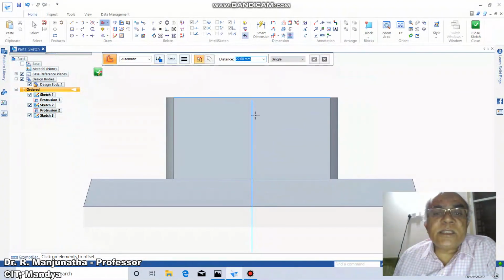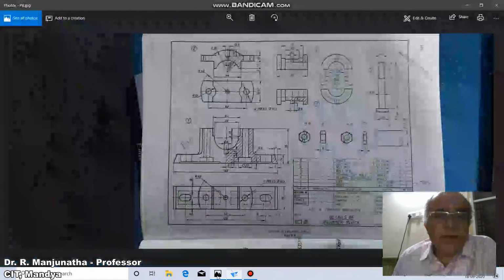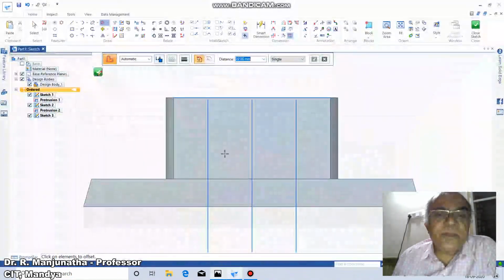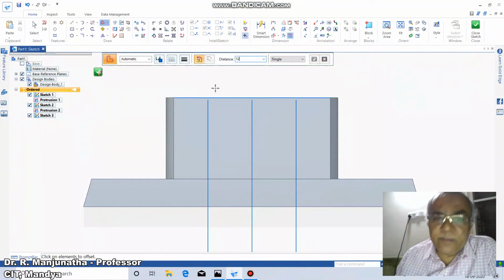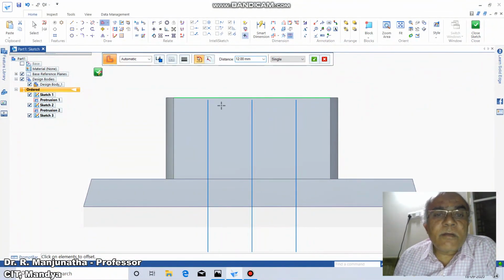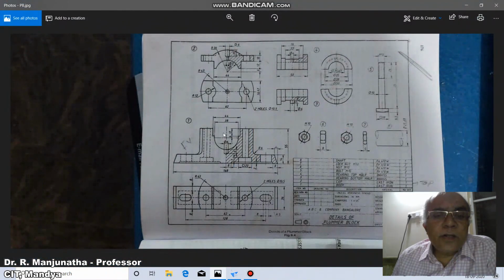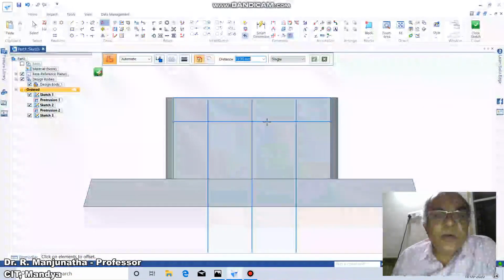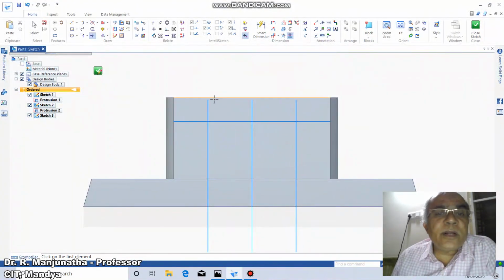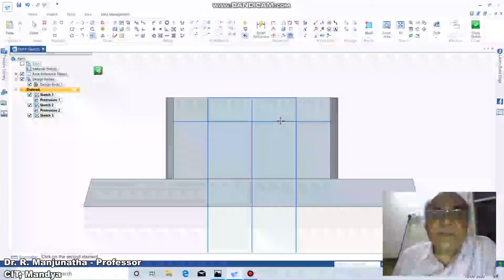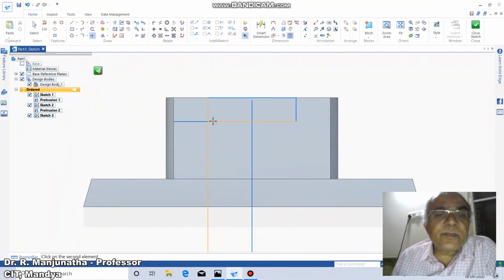You select this, then select this 44, then you take 12. So then take 12. Then we have 38. So first we will trim this corner between these two, and similarly from this between these two and these two, and also from these two.